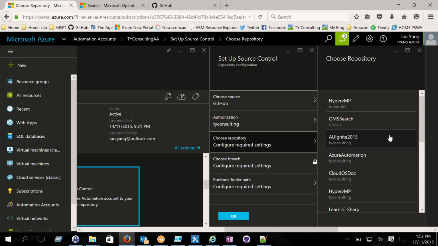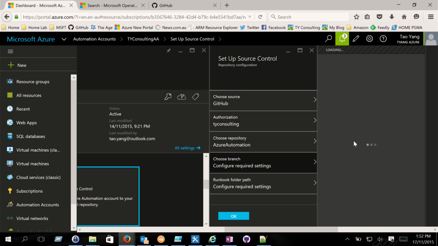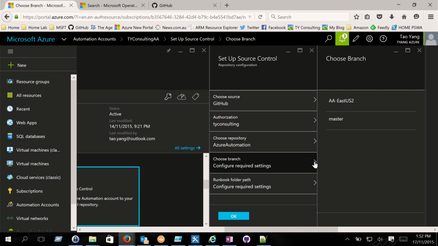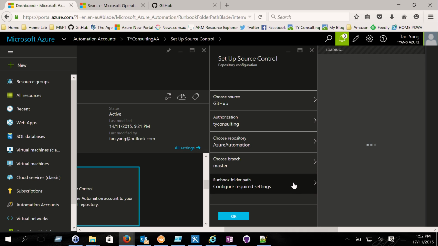I can choose a repository. I'm going to choose this one, Azure Automation. Choose a branch. So I can just use the master branch, or if you want to, when you synchronize a runbook, if you want to synchronize to a specific branch, you can choose one here as well. So in this demo, I'm just going to choose master. And I'm going to do a folder path. To specify a folder path, all the names start with a /, and then